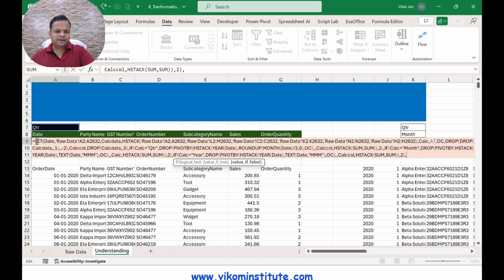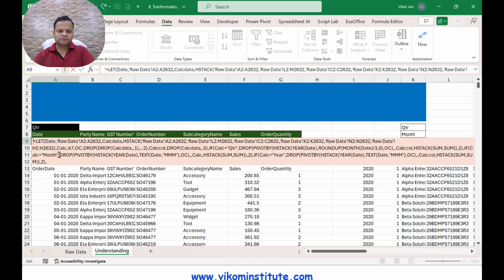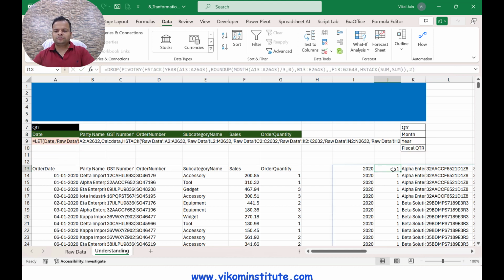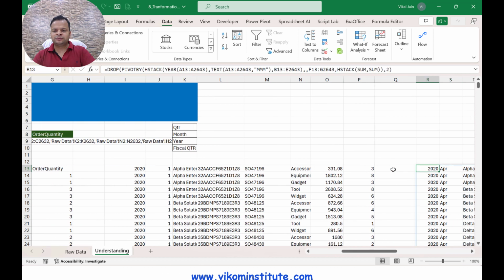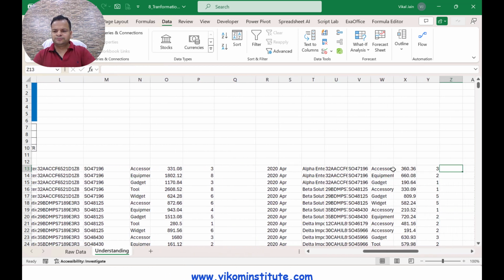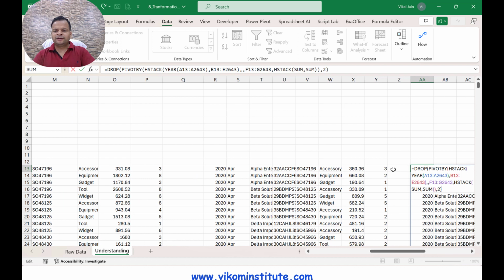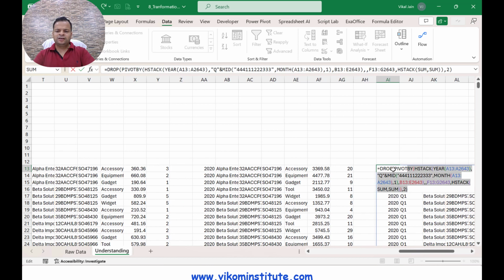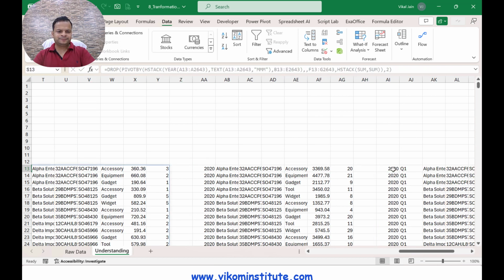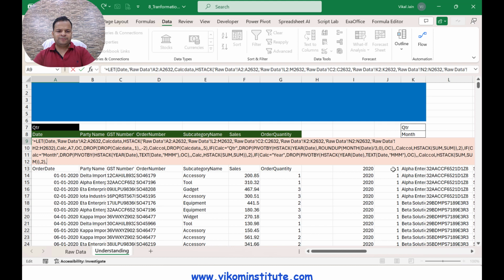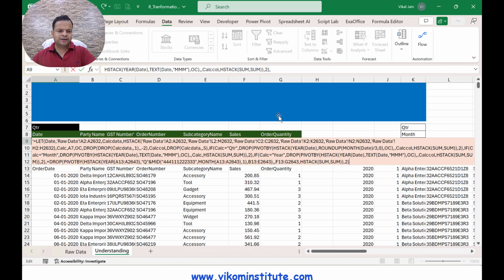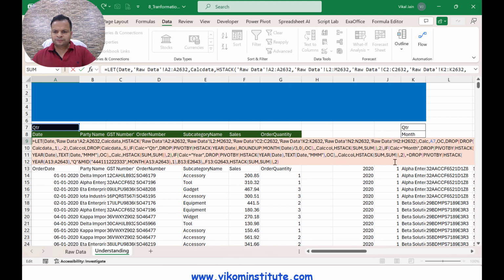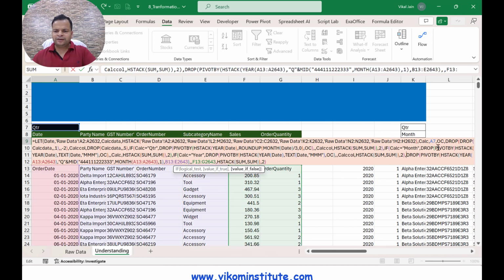So I am going to stop here once again. I am going to copy the last formula, fiscal quarter. So here it is, your fiscal quarter. Here it is, your fiscal quarter. I'm going to copy it and paste here, and simply remove the single quote and remove this equal sign.